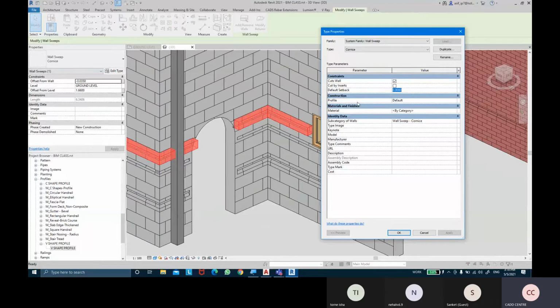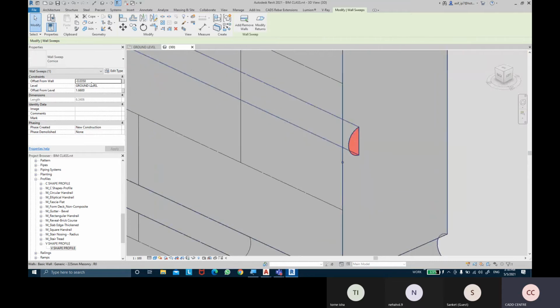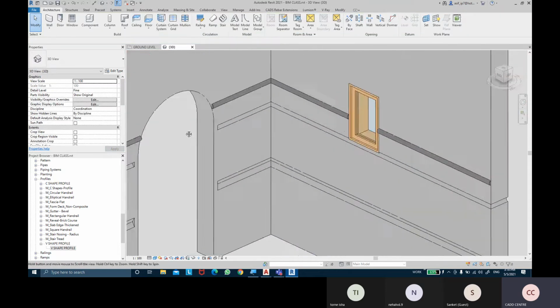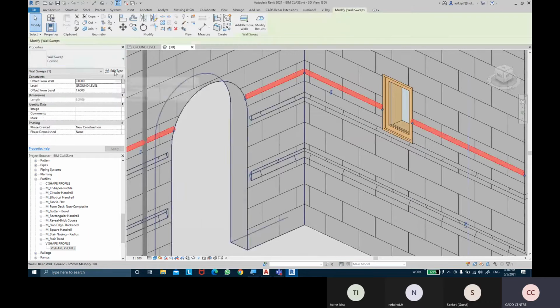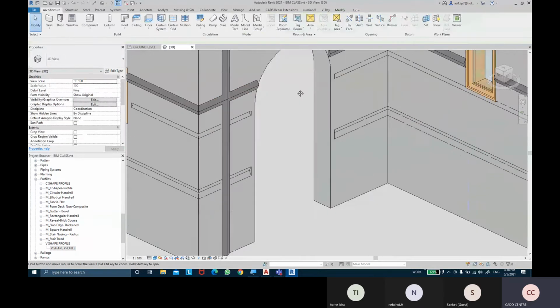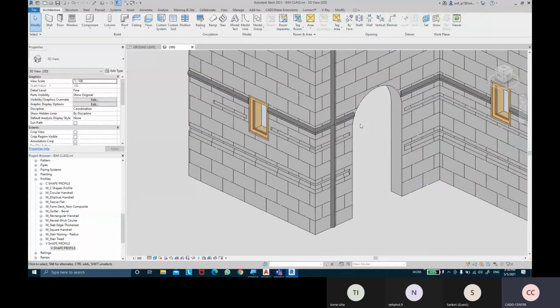You can also apply your profiles. So you have profile options. You can see we have the C profile that we created for the reveals. You can apply that as well. See, a C profile. Let's make that 0. Actually, set no walls. You can see here we have. If I wanted a different profile, I could use a different profile as well. V profile, I could use V profile. Okay, or you can create your own profile as well.